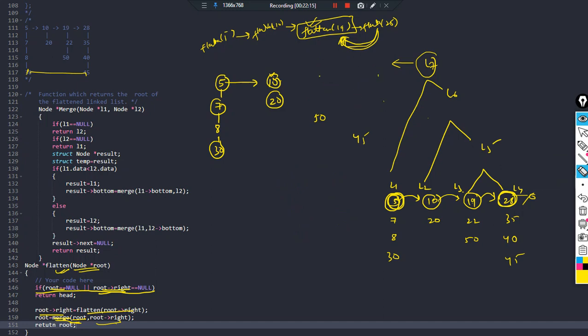It will be nothing but 19 first, followed by 22, followed by 28, followed by 35, followed by 40, followed by 45, followed by 50. Done. And what am I returning? I will be returning the root. So root is nothing but, once you perform the merge function, obviously the result node, right? The root is nothing but this 19, the first node here. 19 will be returned.